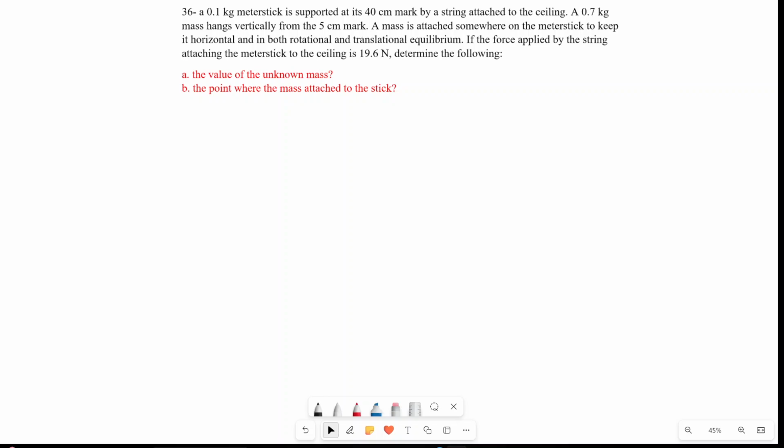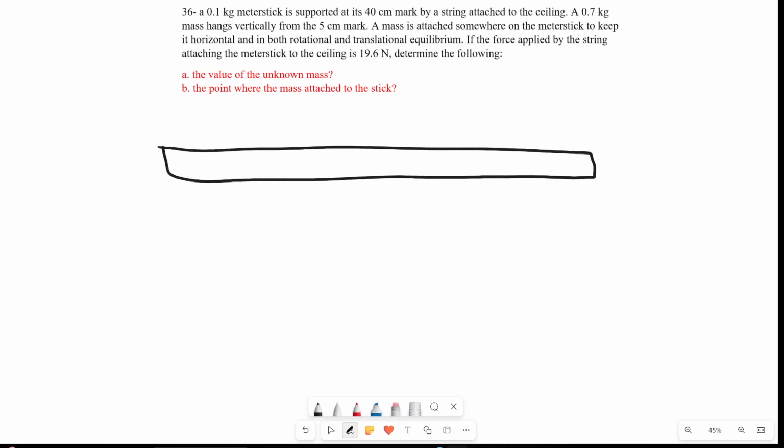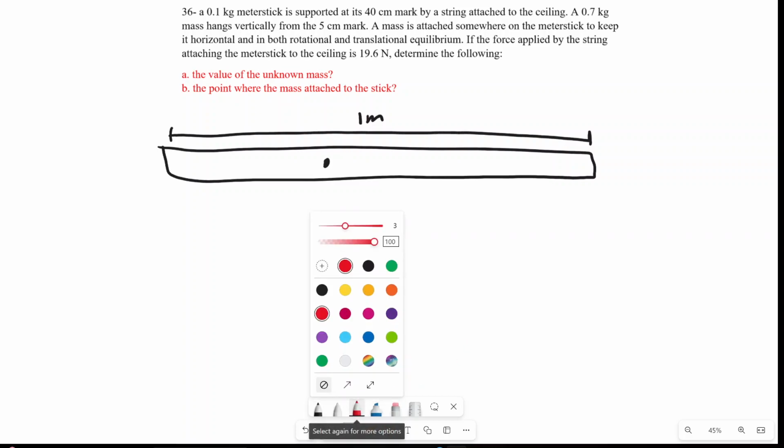It says you have a meter stick, and as you know, a meter stick is a board that is 1 meter long. That's the whole length of the stick, 1 meter. And it is supported at its 40 centimeter mark. As you know, a meter stick is 100 centimeters. In the middle, that would be 50 centimeters. So 40 centimeters will be around here. So there's a support around here, which